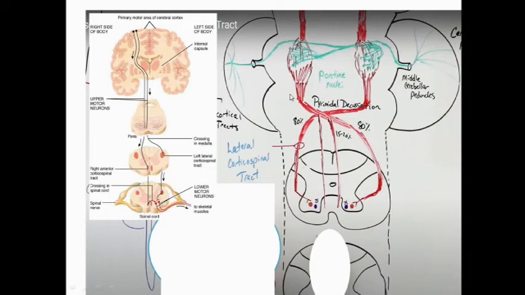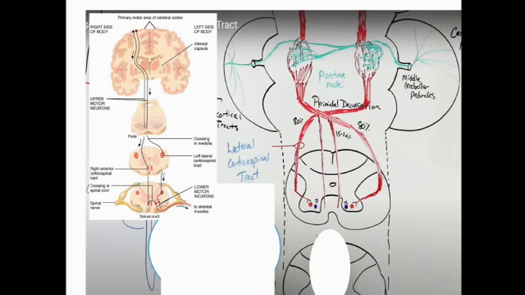These fibers have entered from the pontine center to the medulla oblongata. And at what portion of the medulla oblongata? The pyramid of the medulla oblongata. So they are entering at the pyramid of the medulla oblongata. That's why they are called pyramidal tracts. And at the lower end of the pyramid, they decussate to the opposite side. 80 to 90% of fibers decussate to the opposite side. 10 to 20% of fibers will remain on the same side.